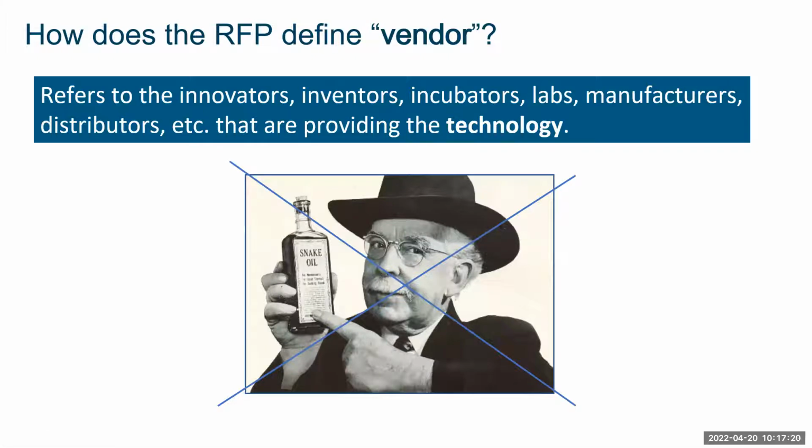What do we mean when we say vendor? So a vendor can be an inventor, it could be an incubator, it could be another national lab, it could be an equipment distributor, integrator type organization, or it could be just a plain old equipment manufacturer. We'd also consider technologies that were developed in-house at a manufacturing plant to be used at that plant itself, as long as they could be used in other plants and other sectors.